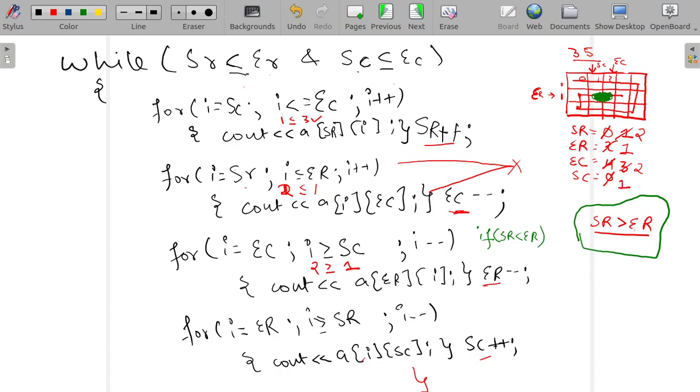And if the value of start row is greater than end row, then we will not print this loop, right? So by doing this, this extra part will not be printed again, right?